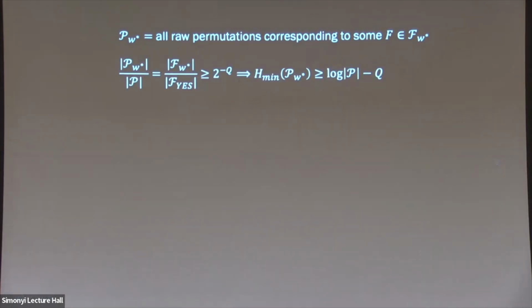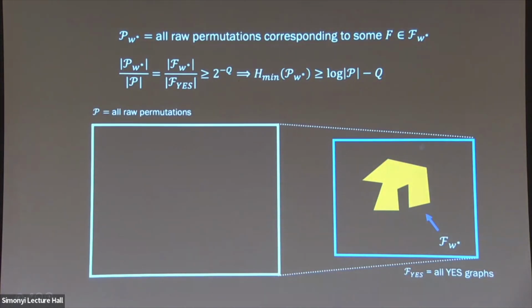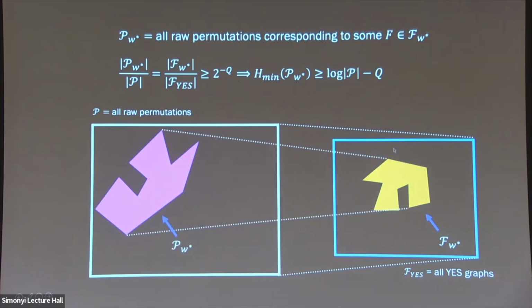And now we're working our way towards invoking the pseudorandomness conjecture. So we have this yellow shaded region, which is all the yes instances that our V star accepts with high probability. And we can look at what are all the permutations that led to it? These tuples of permutations I'll just draw as this purple region. And the point is that if you think about the uniform distribution over this purple region, this is a high min entropy distribution over tuples of permutations.